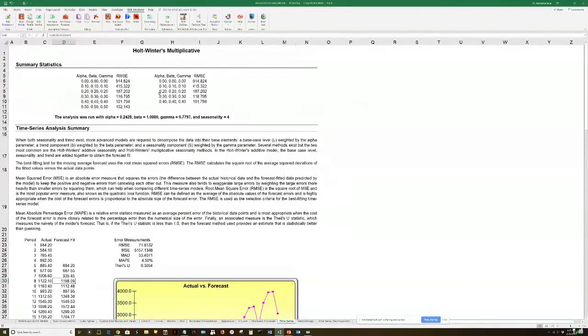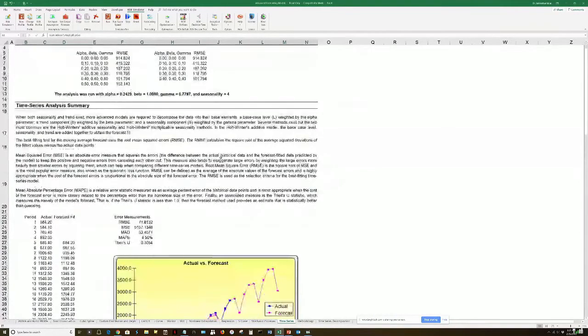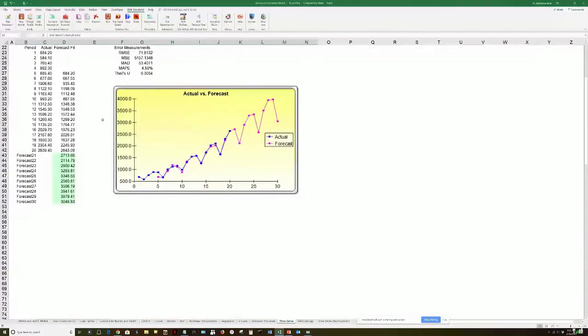So it ran Holt-Winters multiplicative model, whatever that means, right? Two dead econometricians. But nonetheless, what it did was generate for me a predictive model. And you will see here on the chart, the blue dots, we've got 20 different dots. That's your actual or historical data points. We see a trend going upwards, and you also see some seasonality. Things go up and down and up and down.